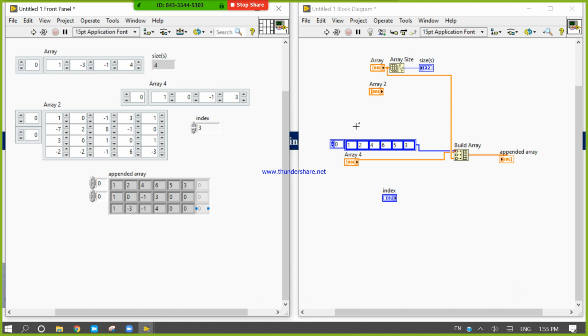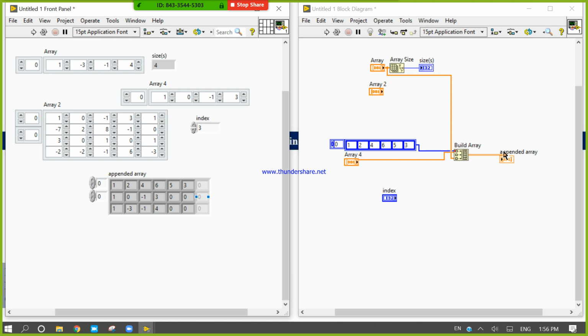In the first row this one is present, in the second row this one, and in the third row this one. So by using Build Array, you can make a 2D array using two or more 1D arrays, if and only if you are using the append.